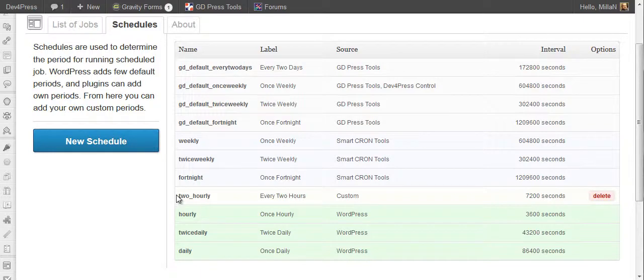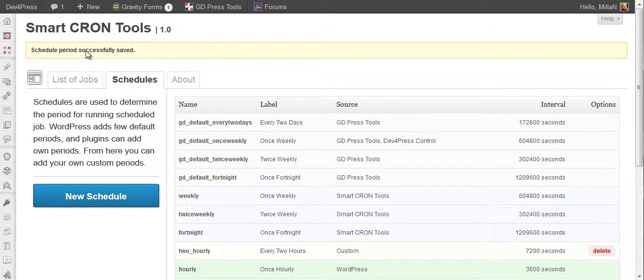Once you create these schedules, they will be available in the system as long as this plugin is active, because the schedules system works like this. Whenever WordPress requires a list of schedules, it runs a filter, and all plugins can register their own schedule periods with WordPress.